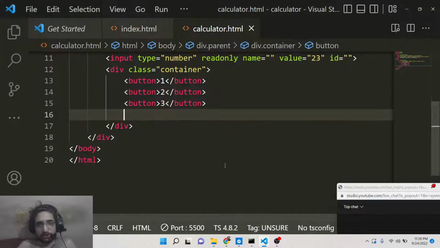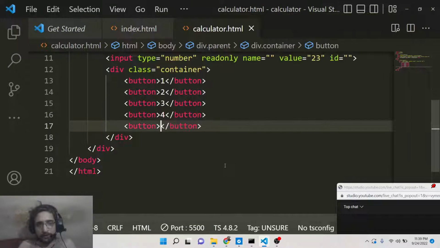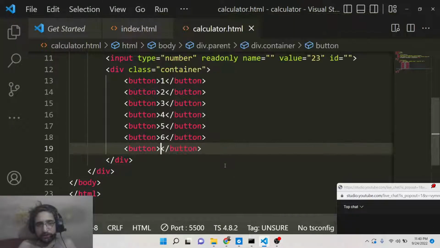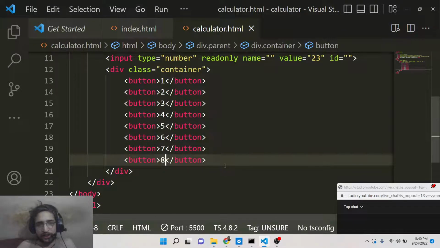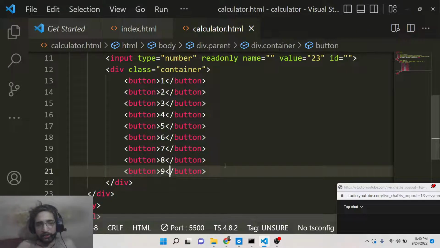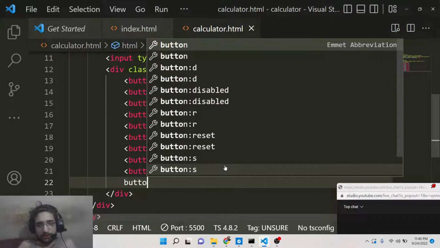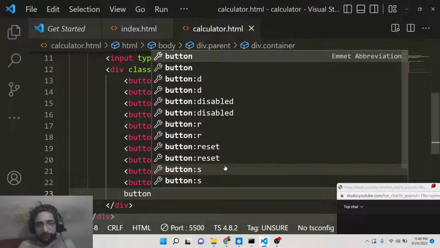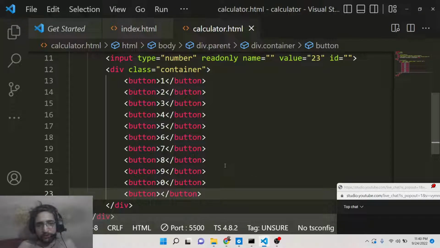This is 3, 4, 5 and 6, 7, 8, 9. After that we have the 0 button here, and then we will have 4 operators,